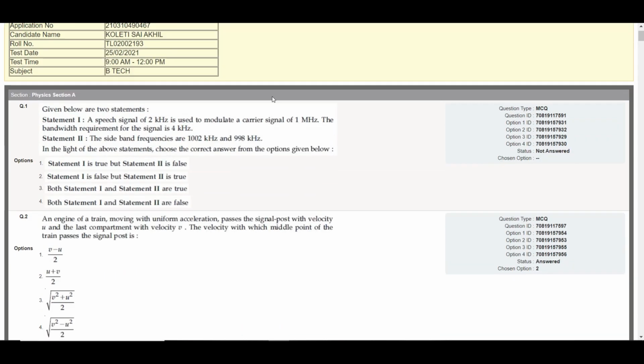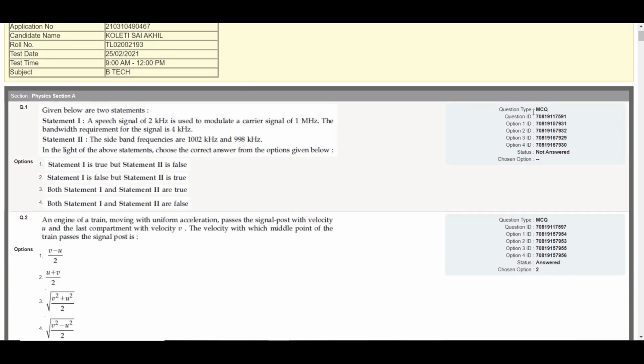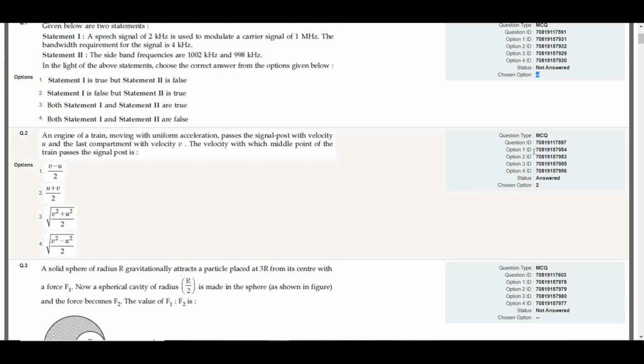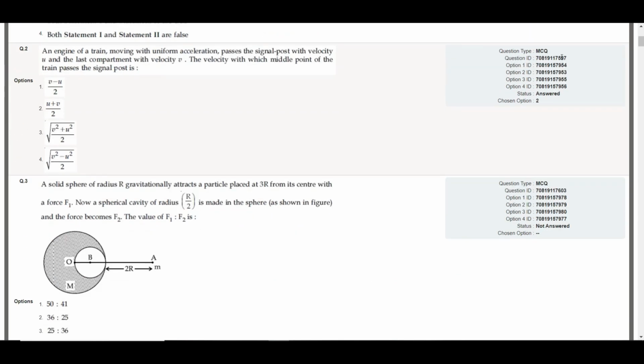If you scroll here, you can see this is a question. This is an MCQ type question and the question ID is 91. So note down this 91, okay? As he has not answered this question, the chosen option is blank, right? He didn't choose any option. For this question, for example, the question ID is 97 and the option he chose is the second option. The second option ID is 53. So now take a paper and note down that for question 97 you have chosen option 53, okay?